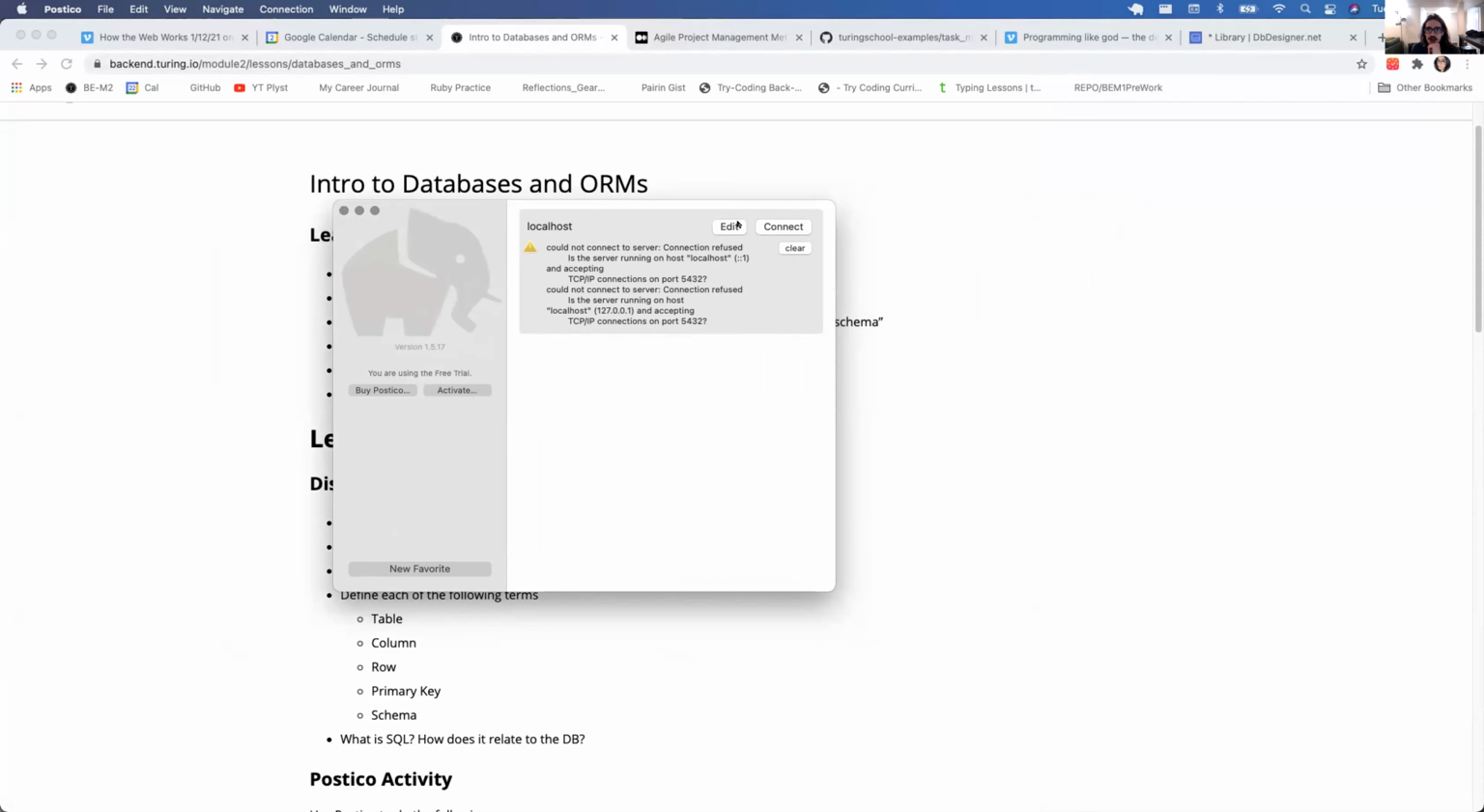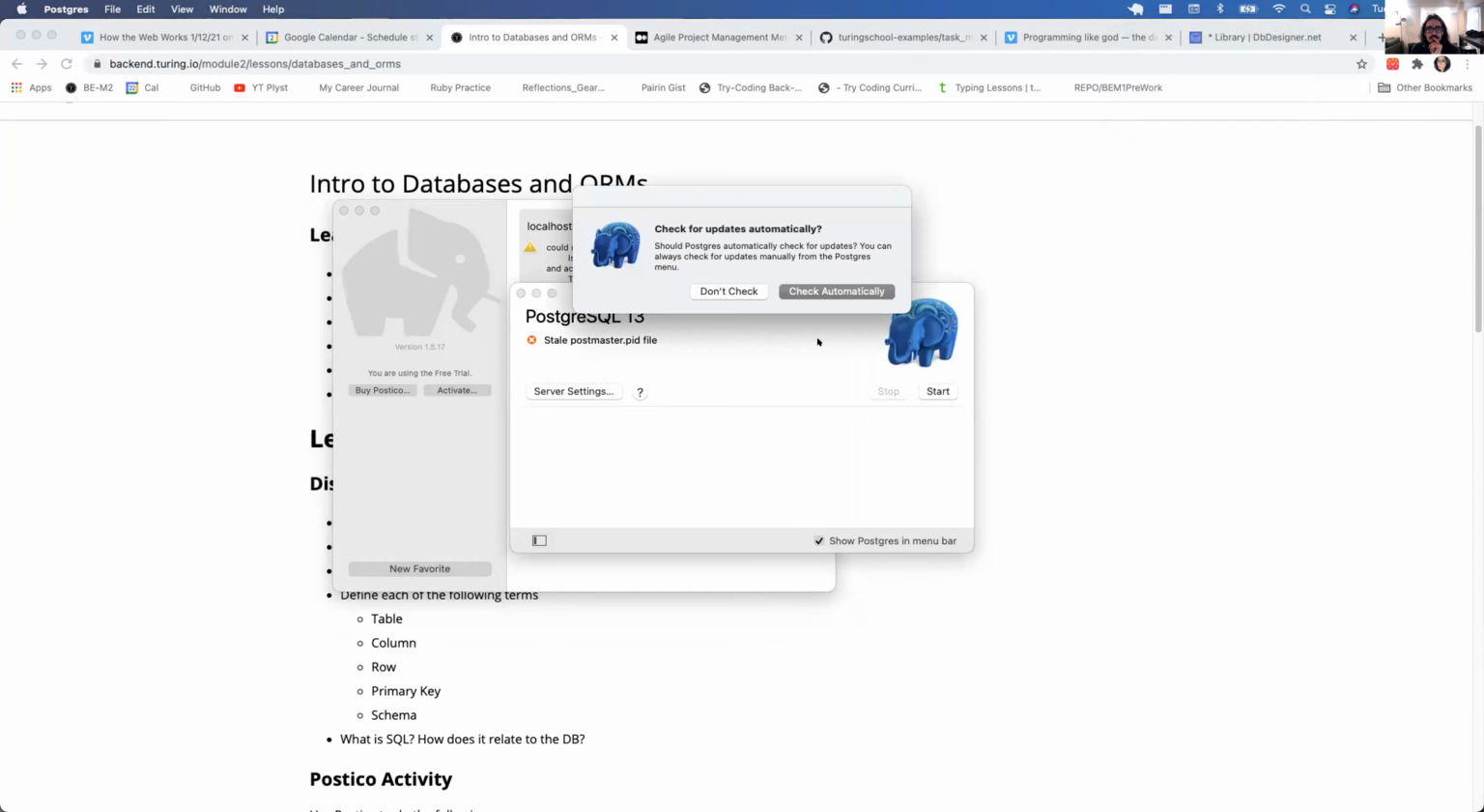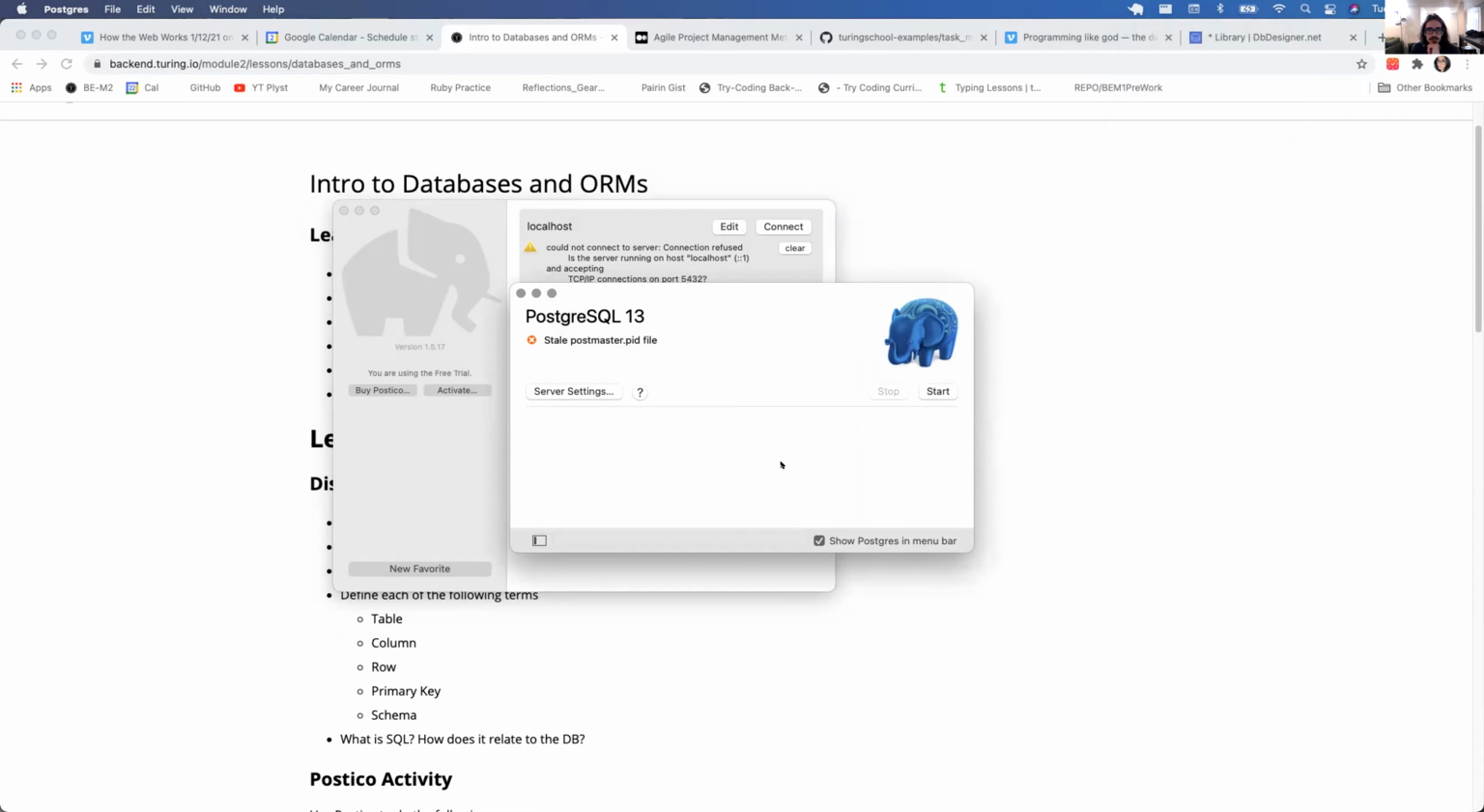So go in the top right menu bar of your screen, the elephant. Yeah, and then see how it says at the bottom, Postgres 13, there's an X, and you should be able to click start. Can you click that? Okay, so click open Postgres. It looks like we're having an issue here. Let's click check automatically. Yeah. So try click start again, and